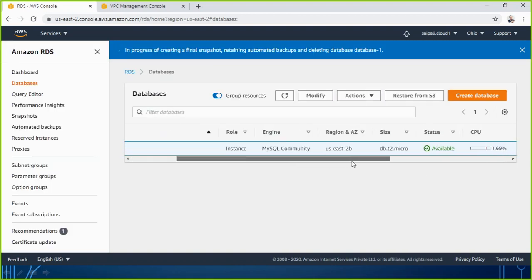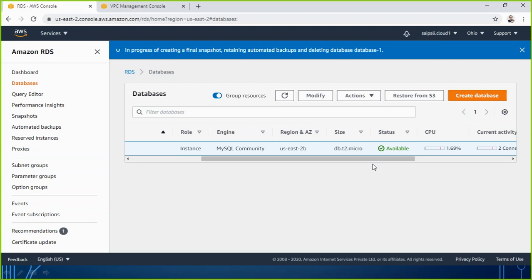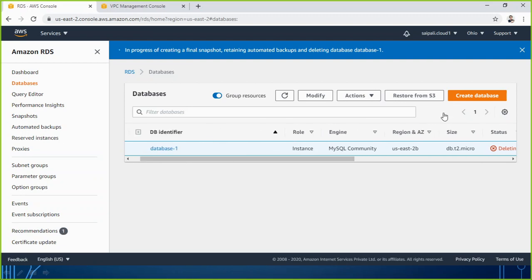Now it is going to start the deleting process. It shows creating a final snapshot, then retaining automated backup and deleting the database. So now you can see it is being deleted. After 10-15 minutes, if I come back here and see, there will be no database remaining at all in my account. So I will not be charged for it.